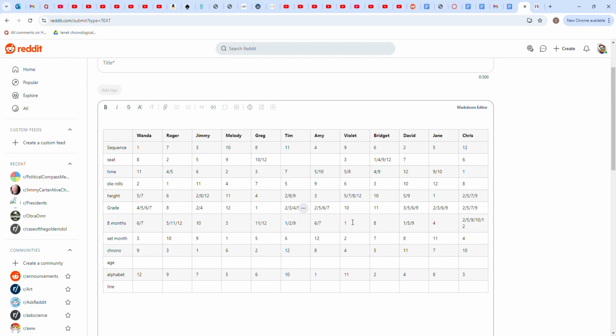Okay? Because, again, in this scene, Violet is in the 10th grade. Less than a year later, 11 months later to be exact, Melody is in the 12th grade. So Melody's older than Violet. How does Melody's age compare to Greg and Bridget's ages? Well, we've already established that chronologically, Melody's scene is 6th, and Bridget's scene comes before that